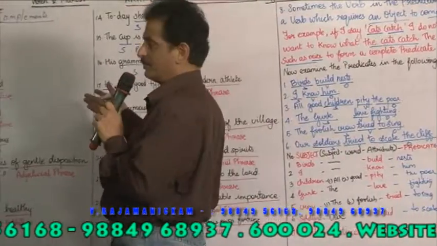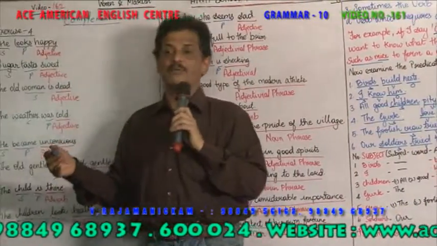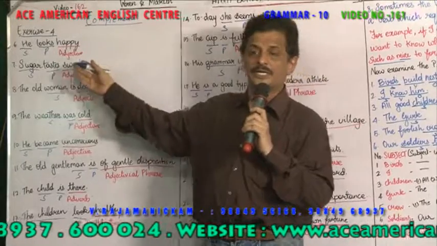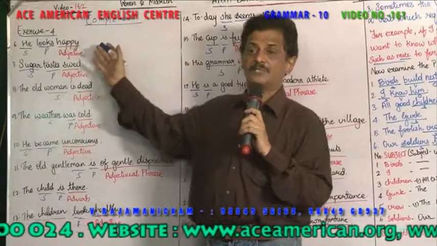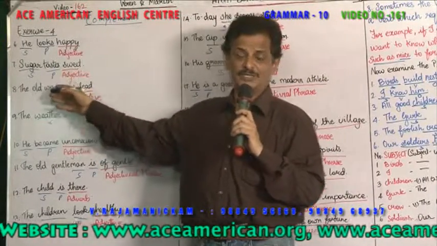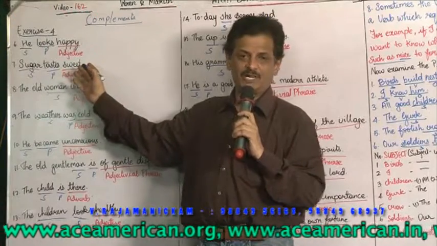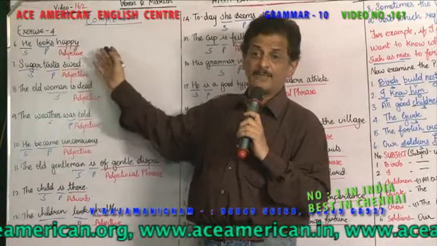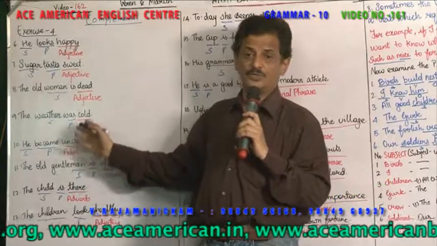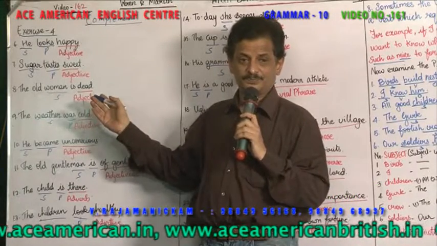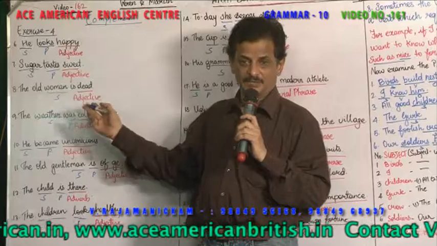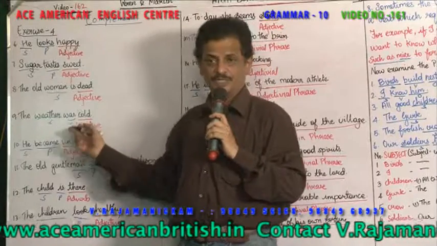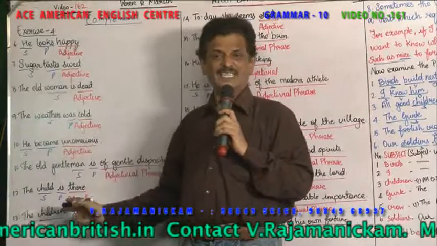ஸோ இதில் காம்ப்ளிமெண்ட்னா என்ன? இன்ட்ரான்சிட்டிவ் வேர்ப், ஆப்ஜெக்ட் எடுக்காதது இன்ட்ரான்சிட்டிவ் வேர்ப். இன்ட்ரான்சிட்டிவ் வேர்புக்கு பின்னாடி வர்றது சப்ஜெக்டை பற்றி சொல்லுவதால், அது காம்ப்ளிமெண்ட்டாக வருகிறது. இந்த காம்ப்ளிமெண்ட் நவுனாகவும் வரும், அட்ஜெக்டிவாகவும் வரும், அட்வர்பாகவும் வரும், ஜெரண்டாகவும் வரும், இன்ஃபினிட்டாகவும் வரும். பொதுவாகவே இவைகளெல்லாம் is-க்கு பின்னாடி வருது.